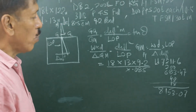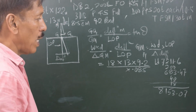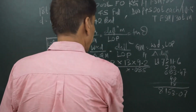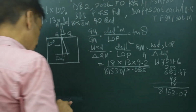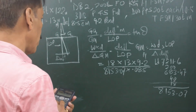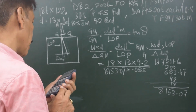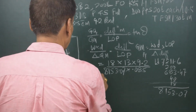Total displacement is 8153.07. So that includes the lightweight, the ballast 200, ballast 683.47, freshwater 40 tons, and the weight that is used is 18 tons. So that makes it 8153.07. So let's do the calculations. 18 into 13 into 9.2 equals, divide by bracket, that makes it 3.106. So what we have got is the GM fluid